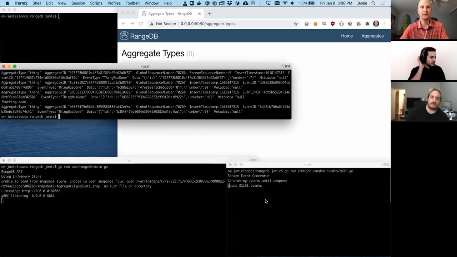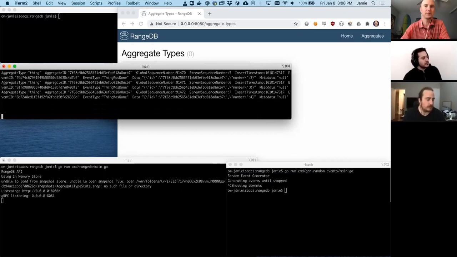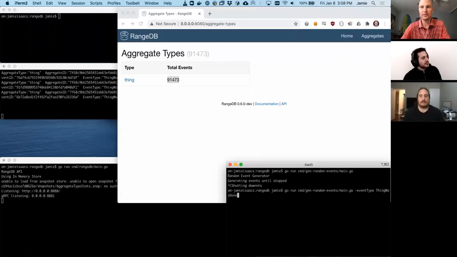And if we, oh, I want to stop this one. I want to resubscribe. So resubscribing starts from the beginning in this example. You can also subscribe from a point in time, or a global sequence number, or just subscribe from here forward. If I refresh, you can see that I just shoved in 91,000 things. If I want to shove in a different type,